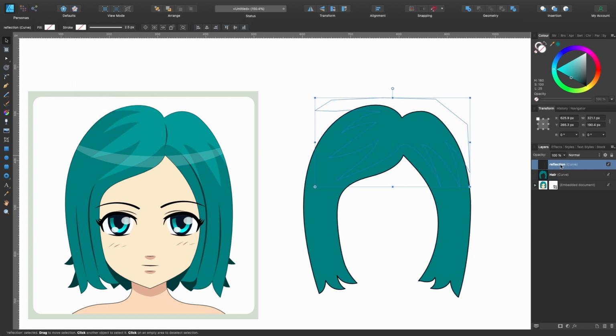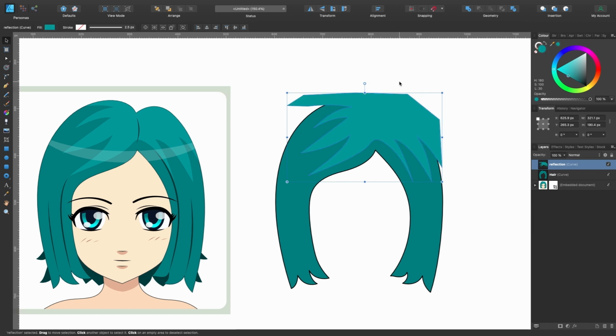All right, let's do the same with the reflection. So with reflection in the layers tab, because you can't actually see it, it's hiding right now. Should have done that earlier, really. So grab the color picker tool again, drag it across and click. The next thing we're going to want to do is stick this inside of that hair. Right now it's just over it, looks messy, I don't like it. So in the layers panel, you can see reflection there. Just click once on it, keep your finger on it, drag down and to the right. And what this has done is it's clipped the reflection inside of this shape.